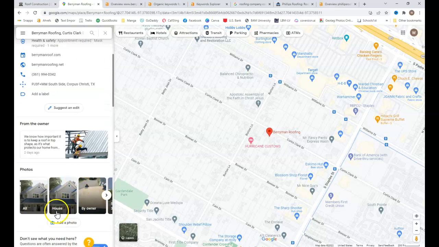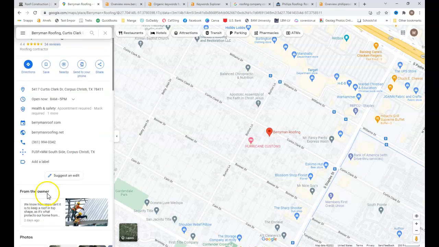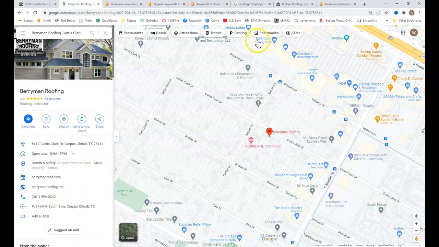And lastly, you want your photos saved as keywords and geotagged. So again, if I'm wanting to rank for roofing company Corpus Christi, I would potentially save one of these photos as that keyword, and then I might pick a location, like say here, and geotag it as that.